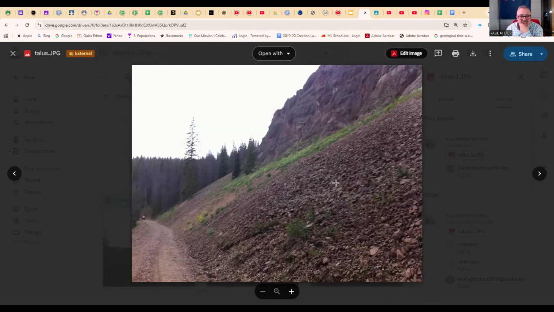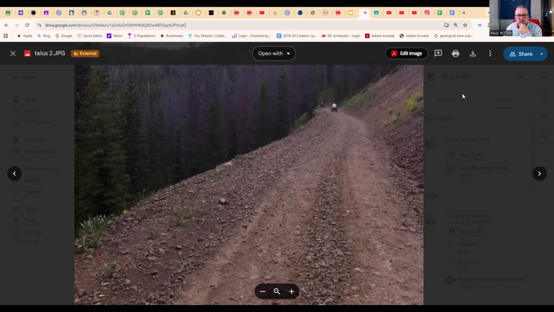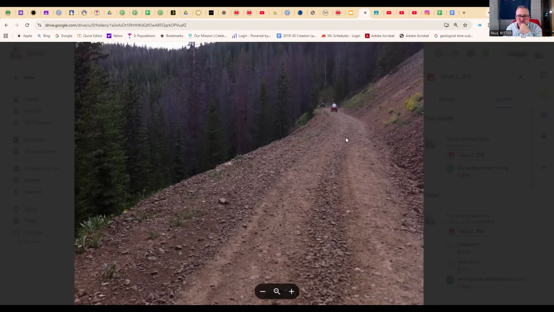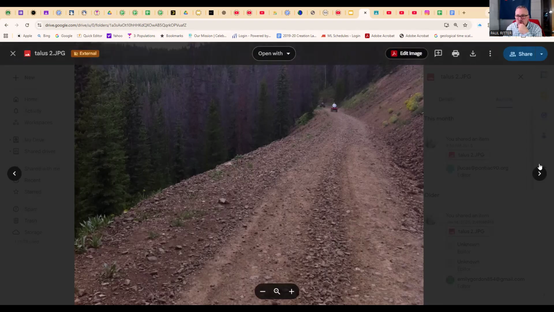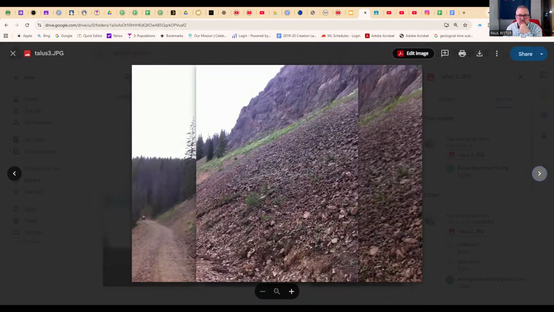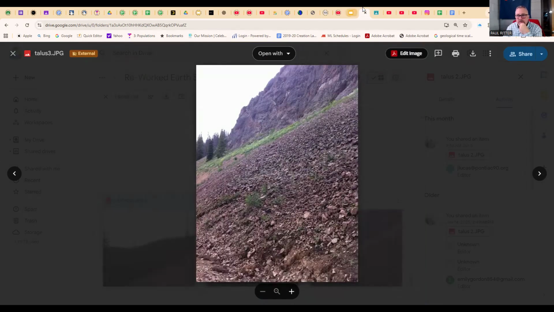So this is my family and I on vacation one year in Colorado. We're riding trails in Colorado. This is that freeze thaw crack drop talus slope. And if you notice, I stopped to take a picture. And where did my family go? They left me. But if you look, it continues on, right? And so what somebody did is they came here and they made a trail along this rock shelf. And this is talus slope.